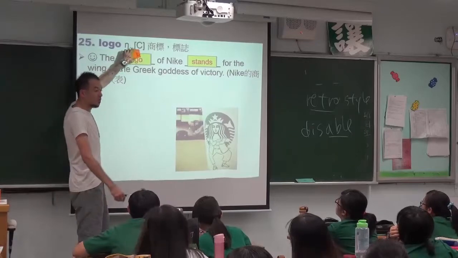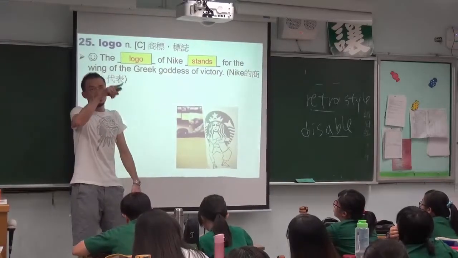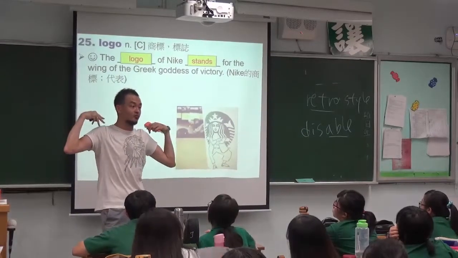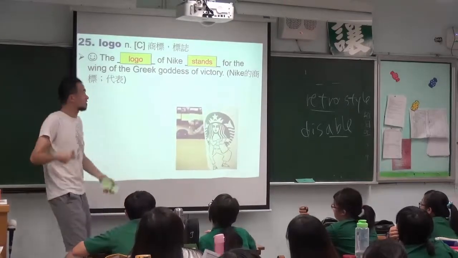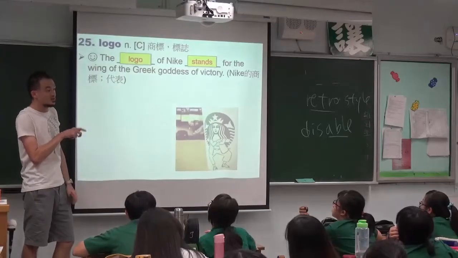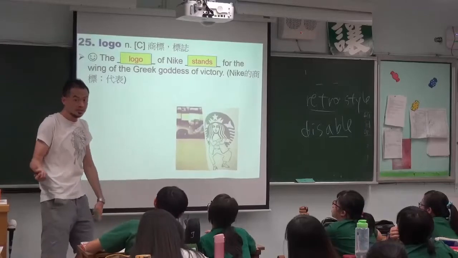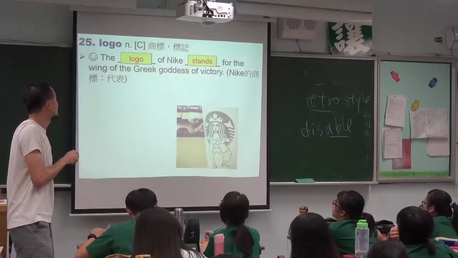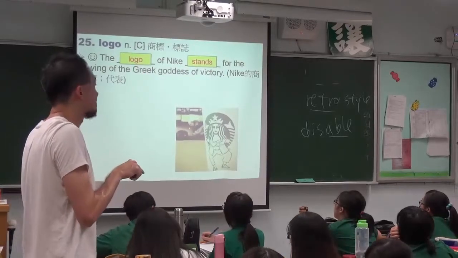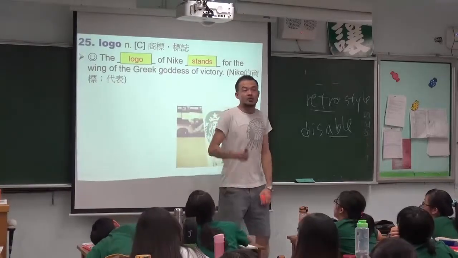Nike originally was the goddess that meant victory, and then the hook, that is the logo of Nike, comes from the wings of the goddess. 所以它的符号是从它的翅膀来的。So like here, the name Nike means the Greek goddess. So they actually borrowed the name of the goddess as their brand name. Yeah, this is it. Like here, please read example once again. The logo of Nike stands for the wing of the Greek goddess of victory. Yeah, thank you. So this is it. Any question about the vocabulary?